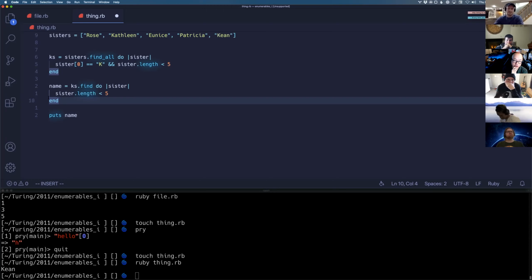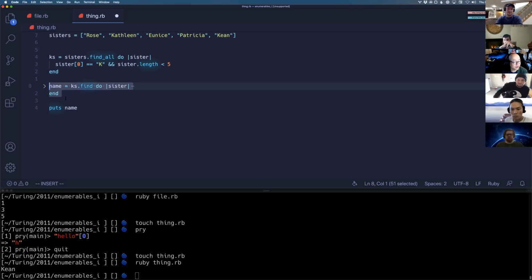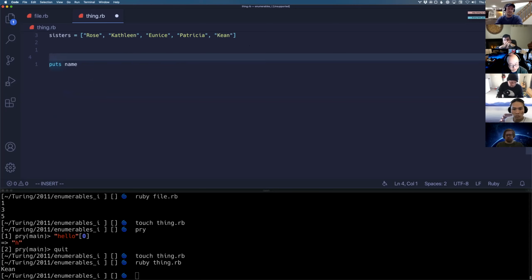With just the 3 new enumerables we've learned about today, it's kind of hard to come up with an example that is meaningful. Oh, here's a good one. I found a better one. Let's say I wanted, let me change this to Jean because this Keen is bothering me, all the sisters whose names were longer than 4 letters